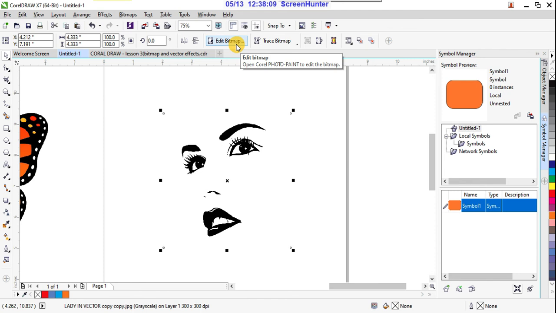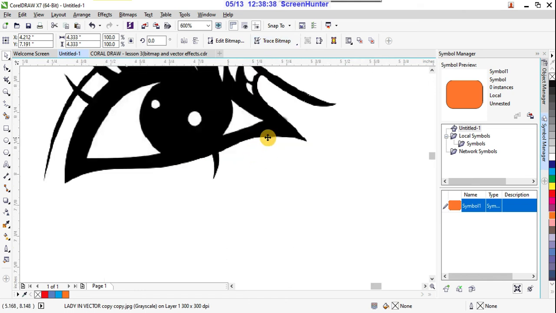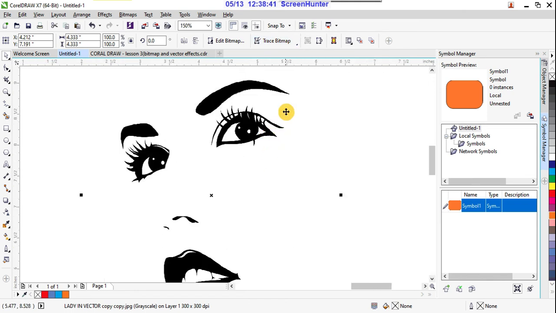This is like Photoshop. So Photoshop is image editing software, right? The same way for Corel company, they have their own program that is Corel Paint. So you can edit or you can use Photoshop to edit your pictures, right? But anyway, here we are not editing anything, we are converting this picture, right, into a vector. Right, here options are there.